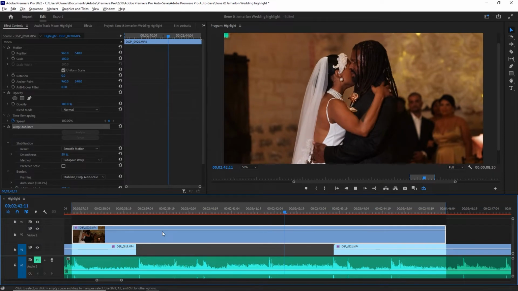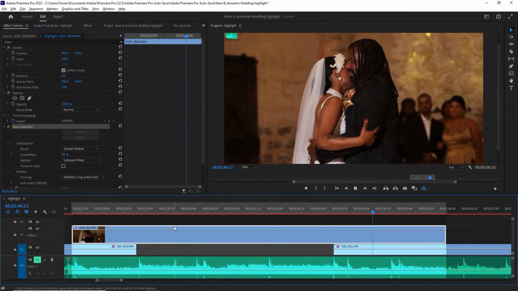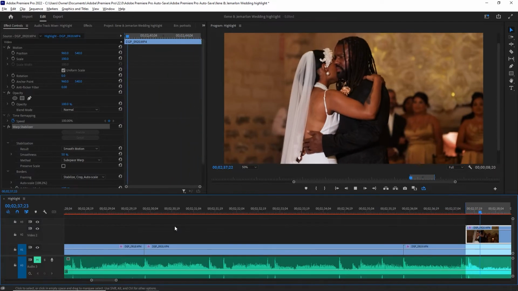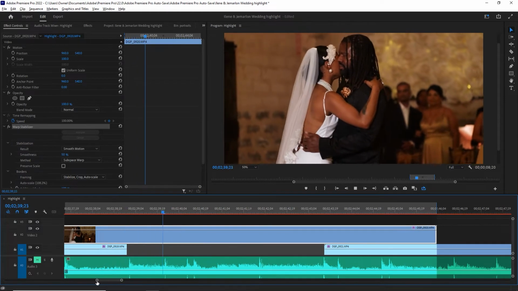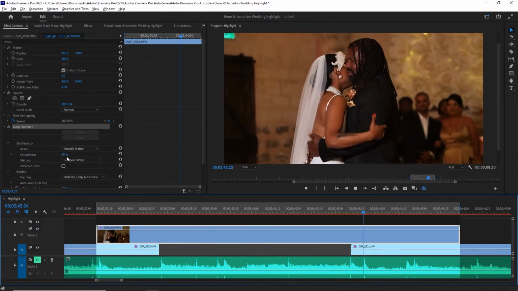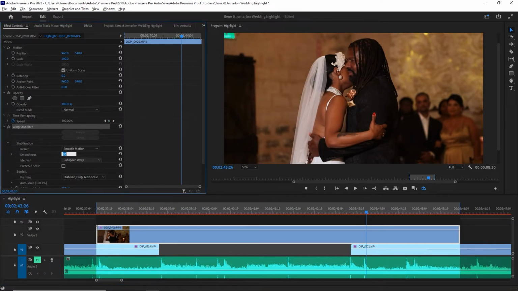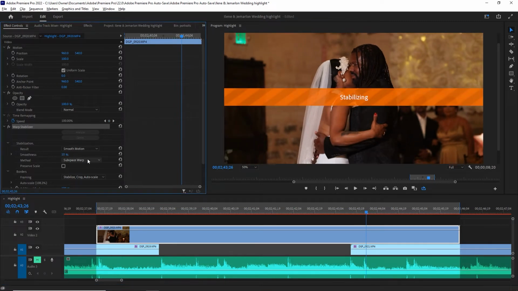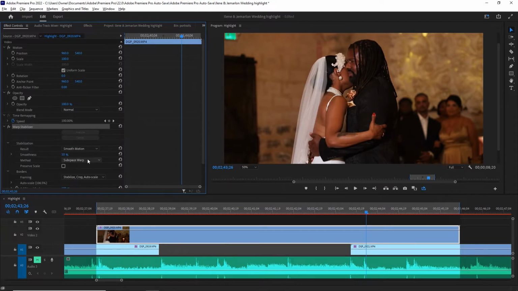Now oftentimes I find the stabilizer to go overboard and it's trying too hard. So here is a good tip, is actually to tone it down a little bit. Calm down, warp stabilizer, chill out. So to do that, let's turn this 50 down to 10%. I know it seems really low, but sometimes 5% and 10% work wonders in stabilizer. And the second thing I want to do is I'm going to change this from subspace warp to position, scale,